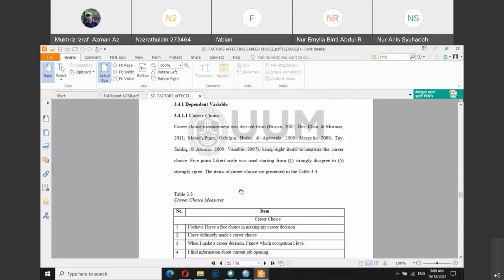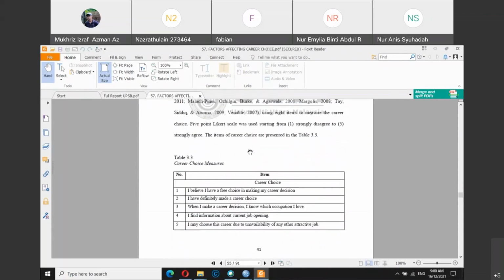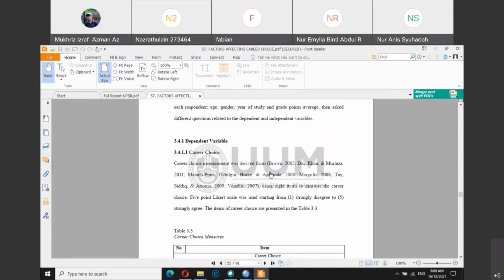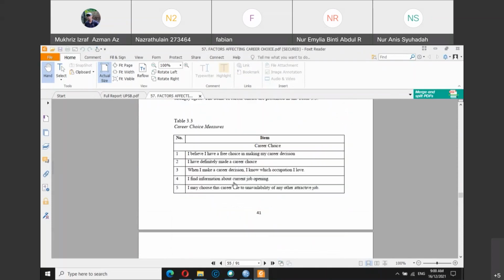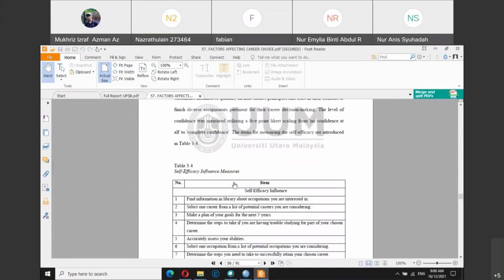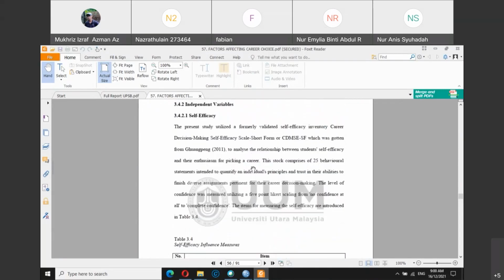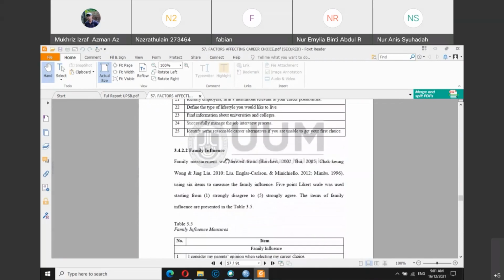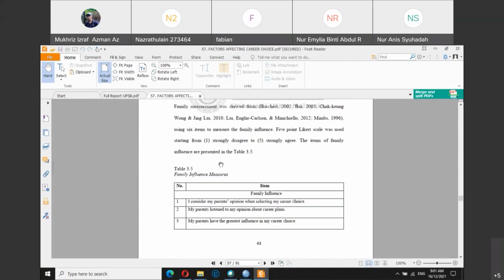this particular section. I think this is mainly on the Likert scale questions, and you can see here, for example, career choice. These are based on this study. So you see that these questions are not simply made up, but are based on studies from these people: Brown, Dean, Han, Murtaza and so on. The same goes for the rest of the components. These questions derive from this particular theory and this particular study. And family influence, for example, these questions are derived from